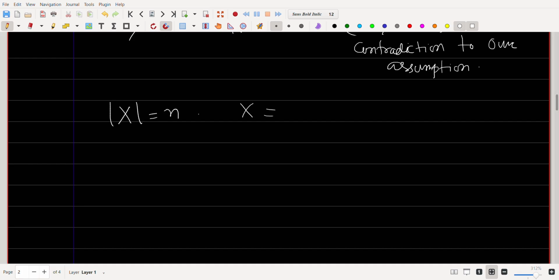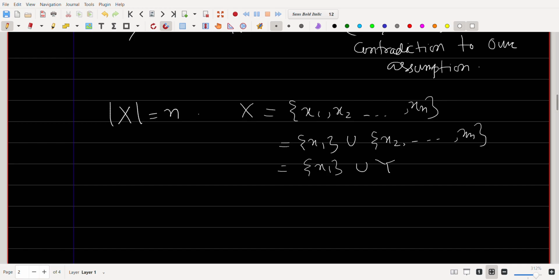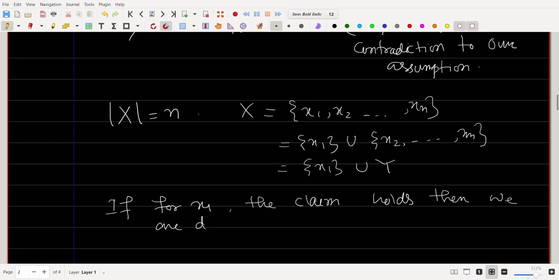You can write X to be {x1, x2, ..., xn}, write it as x1 union Y. Now if for x1 the claim holds, then we are done, right? If for x1 there exists a prime p such that f of x1 is divisible by p for all f belongs to S, then we are done. If not,